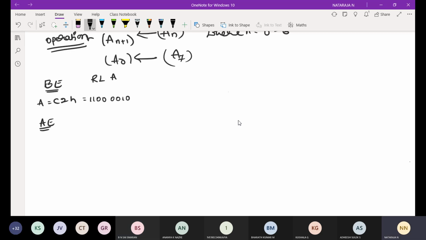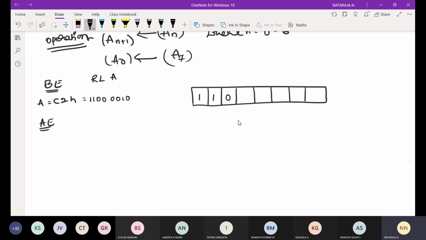This is the binary equivalent of C2. I will take one data byte slot, bits 0, 1, 2, 3, 4, 5, 6, 7. I'm going to take the same data, that is 1, 1, 0, 0, 0, 0, 1, 0. Now this is my data. I need to rotate left.